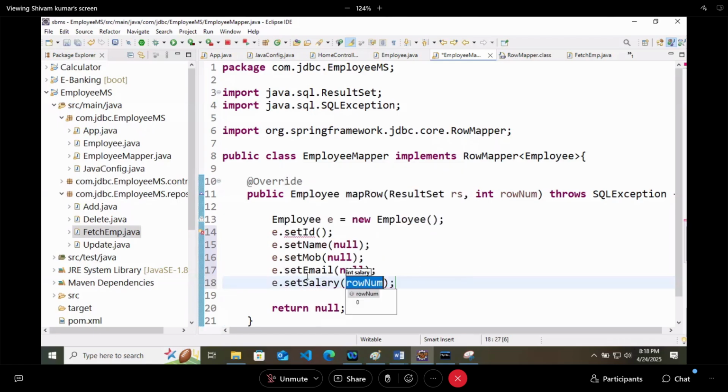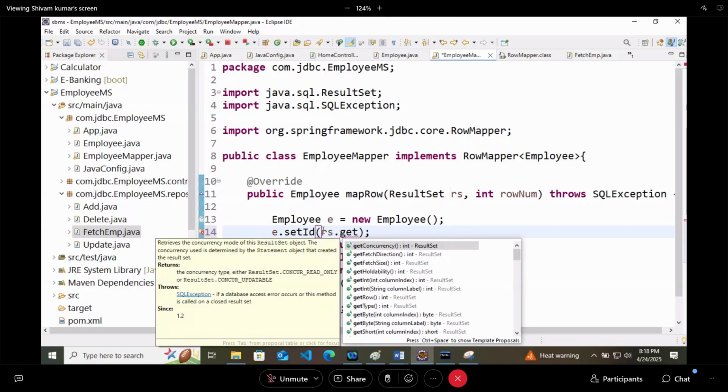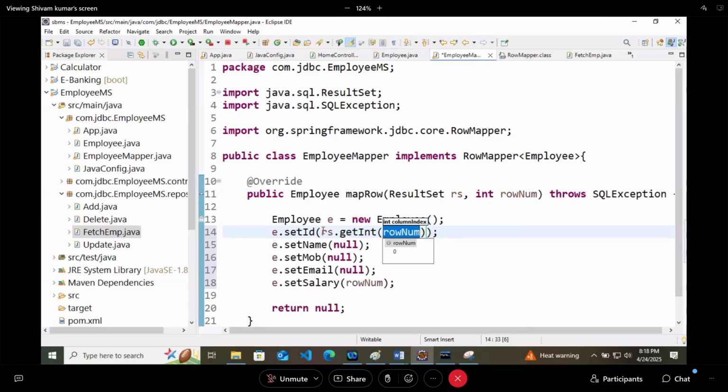But from where will these fields come? All the values are available inside this rs, the result set. So you can say rs dot get int.